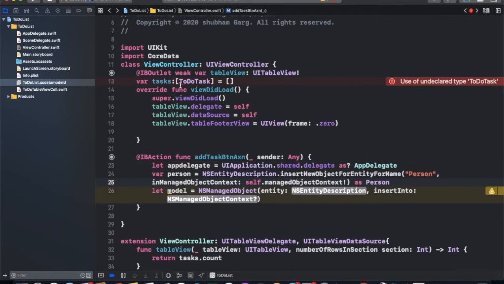For this, we provide a name of class as a string and also a manage object. So for manage object, we just get it from delegate.